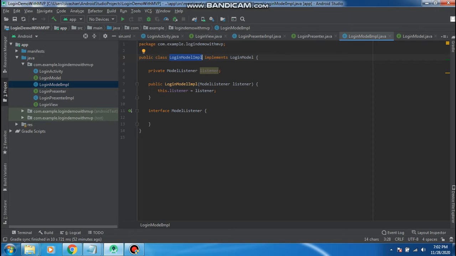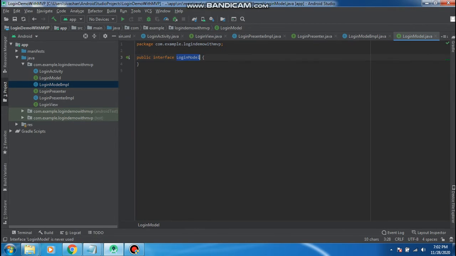Now I am going to put the logic in the model class. This is the login model. Here, first I declare a method for the model class, named do login, and do the login logic.